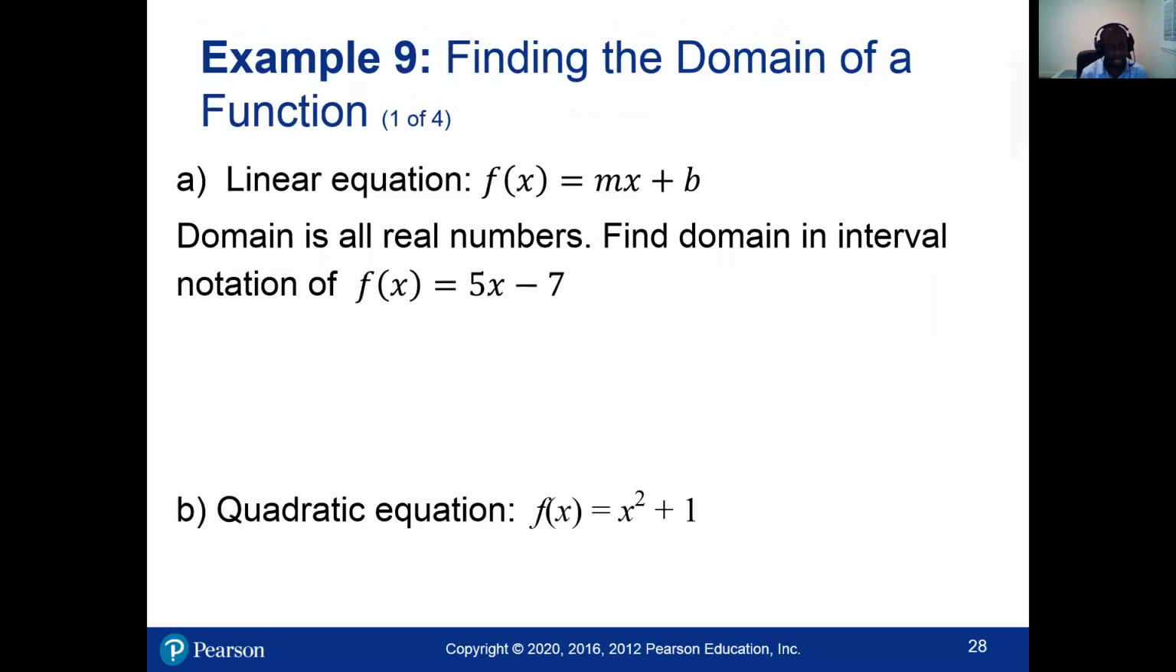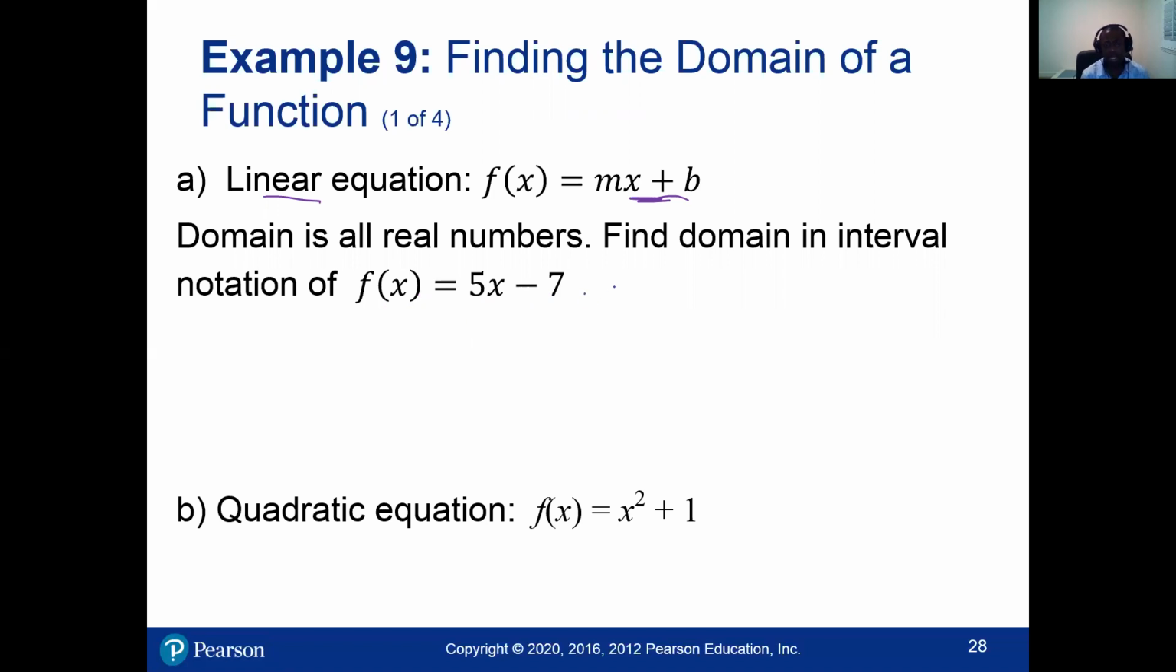First, let's look at the linear equation, which is of the form mx plus b. What's the domain of this? It's all real numbers, because the function is defined for every real value of x. So the domain of a linear function is all real numbers. For example, if you have f of x equal to 5x minus 7,